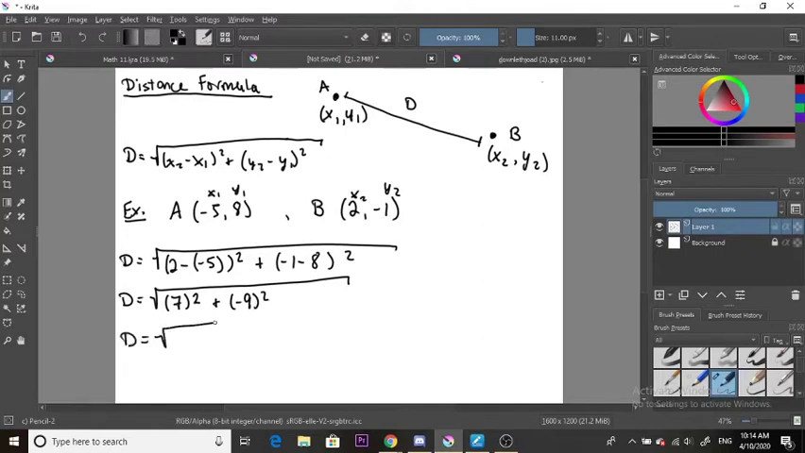Then we will do the squares. So 7 squared is going to give us 49. -9 squared is going to give us +81. Then we want to add those two together. So 49 plus 81 is equal to 130,